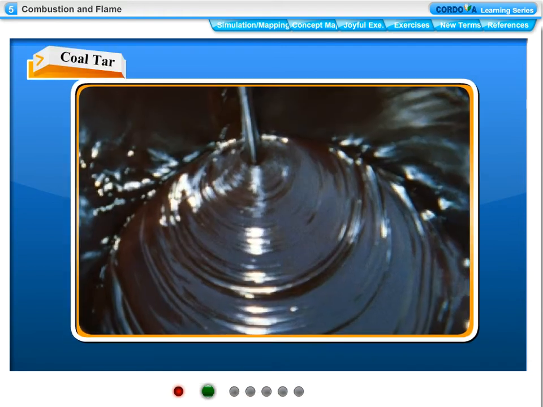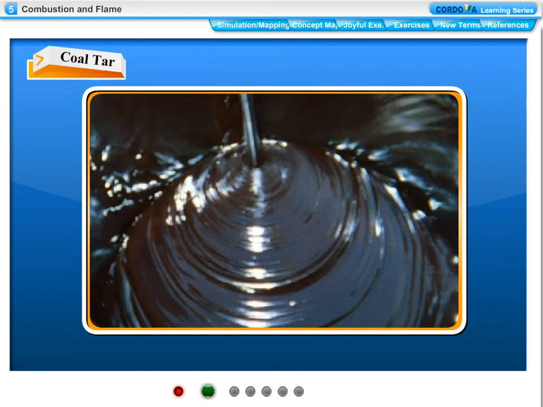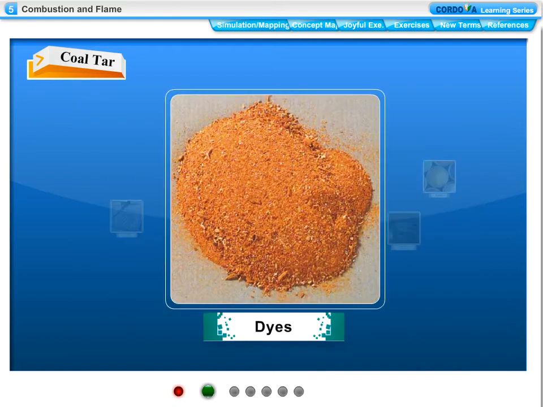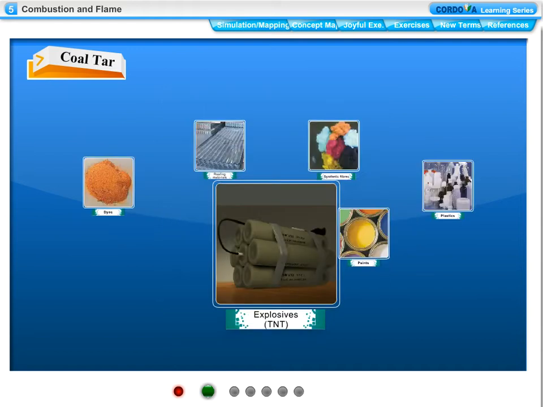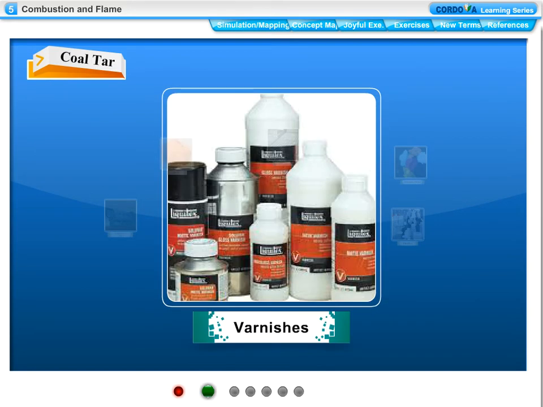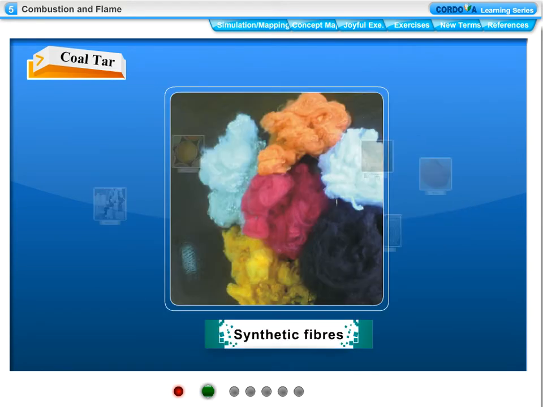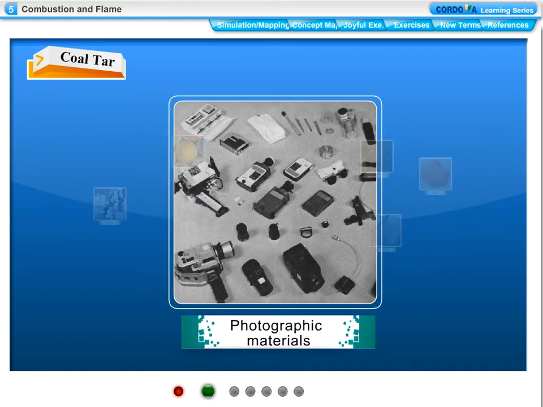Coal tar. Coal tar is not a single compound. It is a mixture of more than 200 different carbon compounds. Coal tar can be separated into many chemical substances by the process of fractional distillation. These chemical substances obtained are used as starting materials for manufacturing dyes, explosives, paints, varnishes, plastics, synthetic fibers, photographic materials,